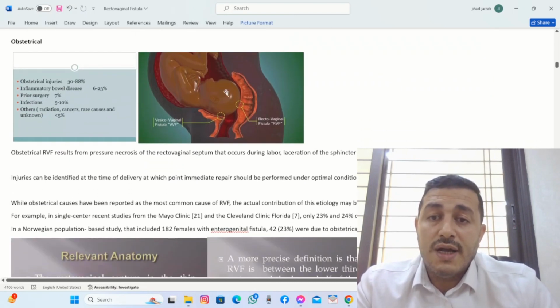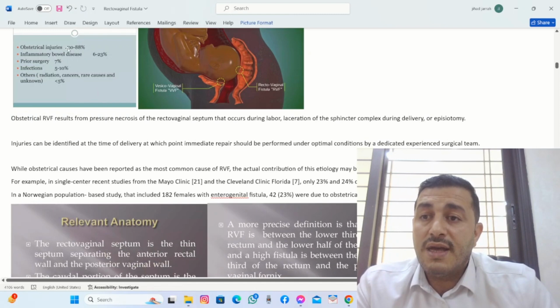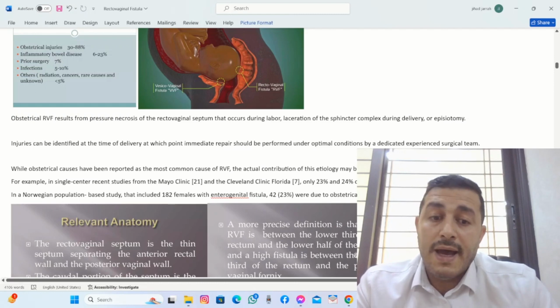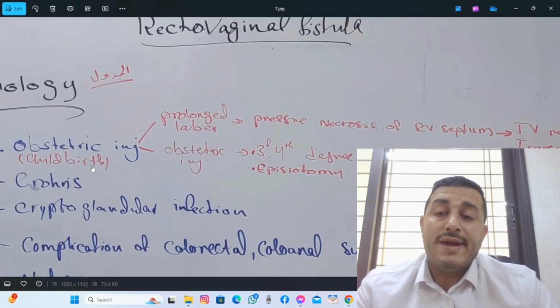Here the child is coming through his or her mom, and you can see that in the rectovaginal septum, a rectovaginal fistula can develop. Anteriorly we are talking about the VVF or vesicovaginal fistula. You see here that most are due to obstetrical injury. Second comes inflammatory bowel disease or Crohn's, prior surgery, infection. And let's just highlight how childbirth can cause